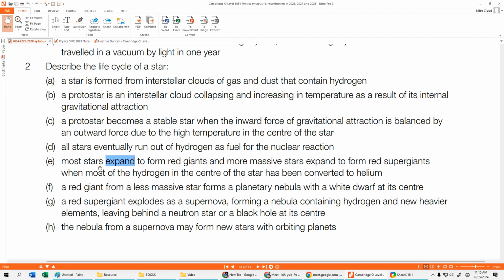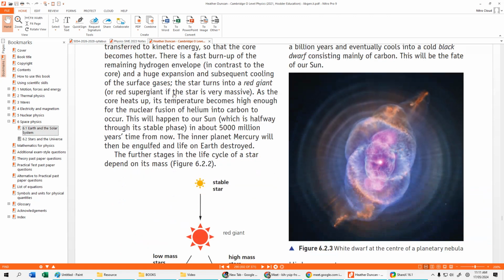So when most of the stars expand to form red giants and more massive stars expand to form red supergiants, when most of the hydrogen in the center of the star has been converted into helium. If a red giant from a less massive star forms a planetary nebula with a white dwarf at its center, আচ্ছা এই পার্টটা বোঝানোর জন্য আমরা একটু ফিগারটাতে যাই, যেটা আমাদের বইতে দেওয়া আছে, স্টারের ডেথ সার্কেলের